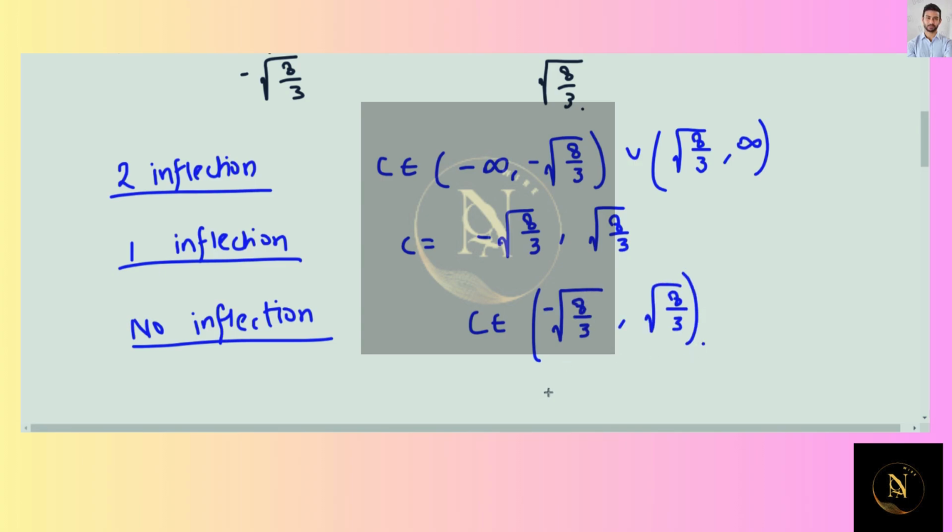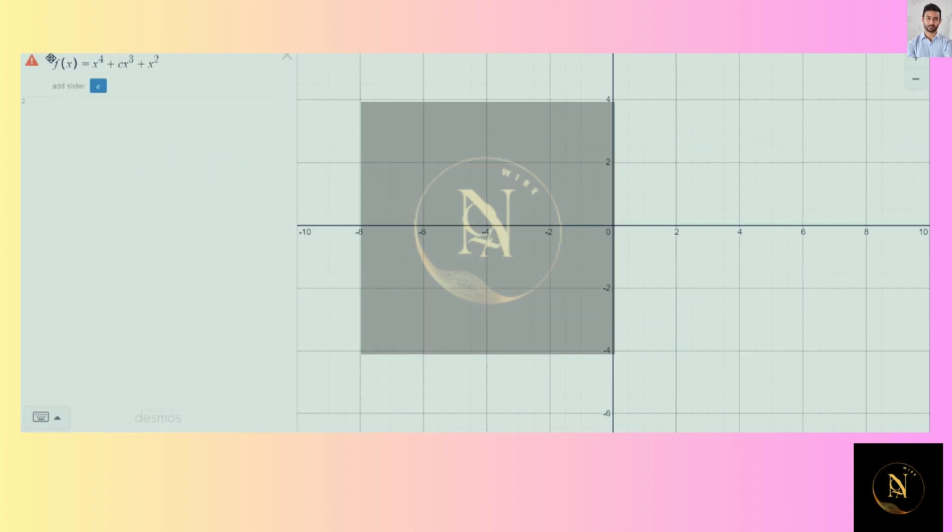So these are the conditions for it to have two, one, or no inflection points, and we also have to graph it. So we'll use Desmos over here. This is how the graph looks like, and we are only interested in the double derivative, how it changes its sign. So we are going to graph it. This is how the graph of f double dash x looks like, and clearly we can see that as the value of c